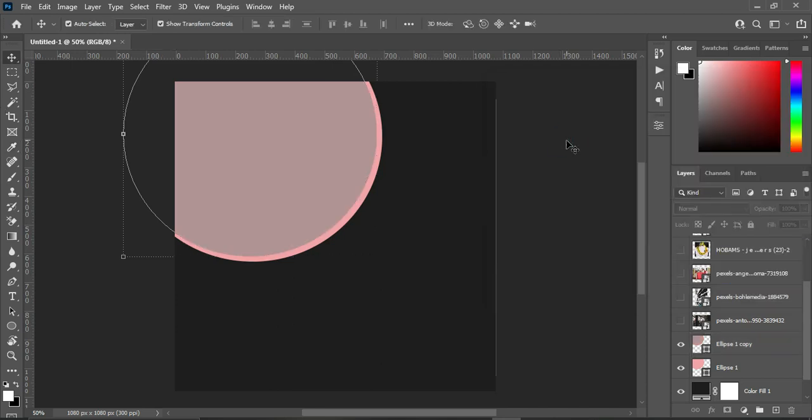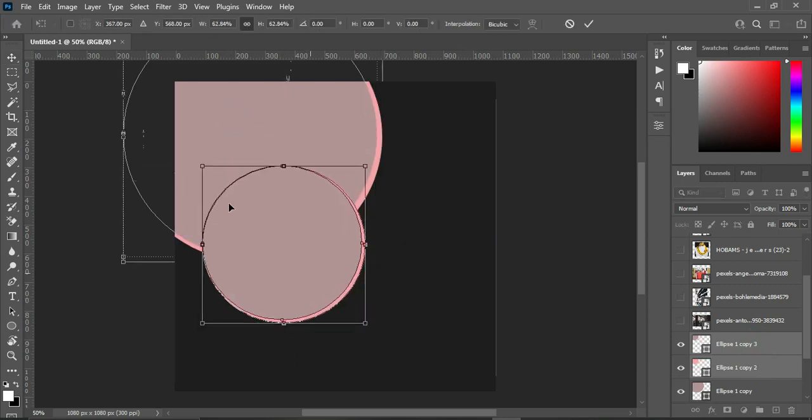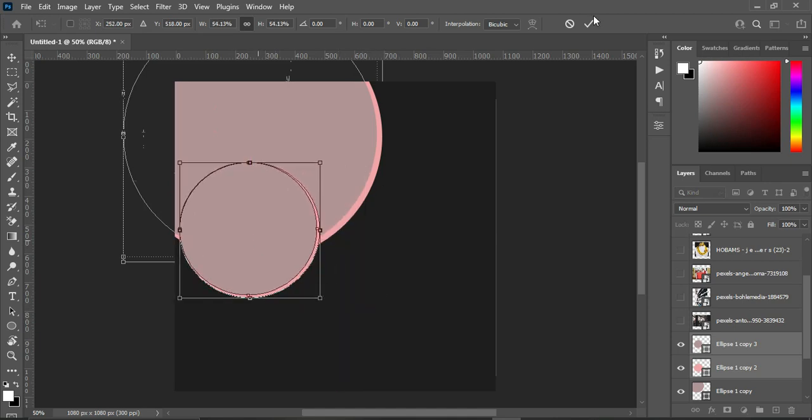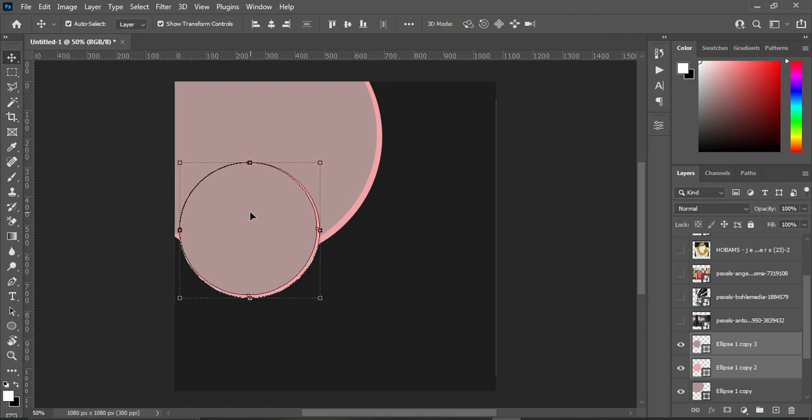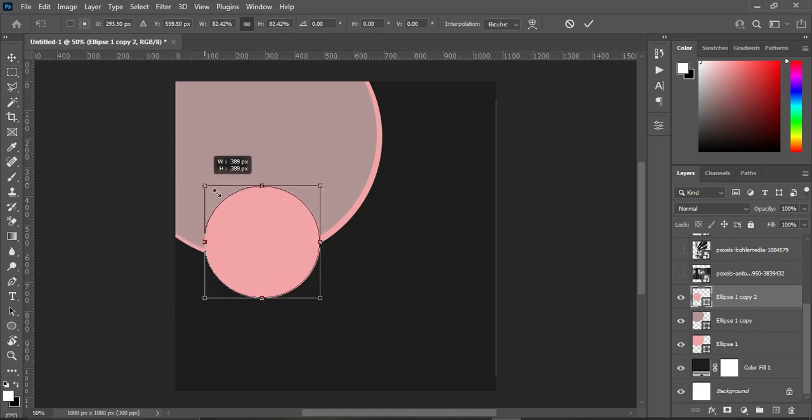It's okay. Now having done this one, we are going to duplicate this one, Ctrl+J to duplicate after you select it, or you drag it over here to duplicate it. Now I'm going to reduce this one. The first one, I'm going to remove it. Now work on this one,